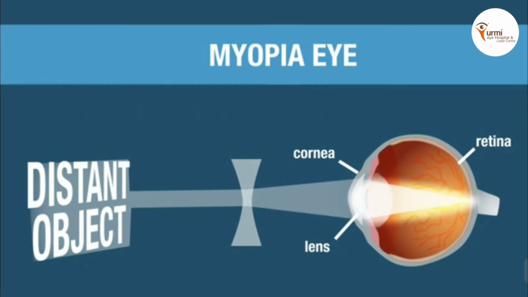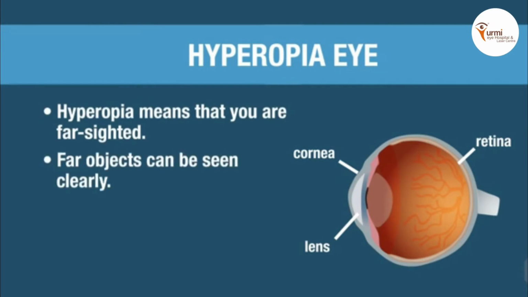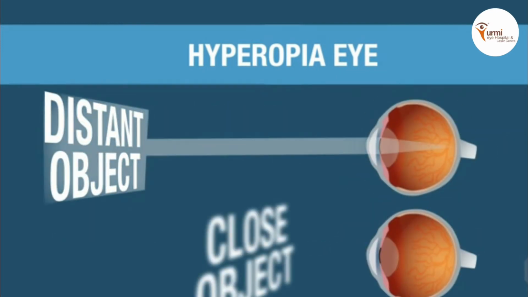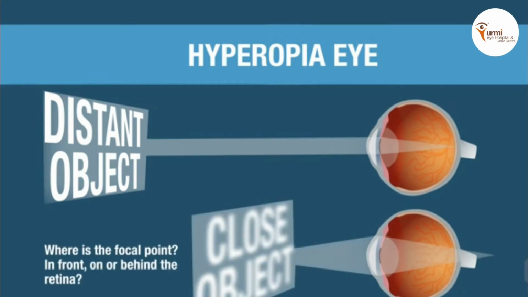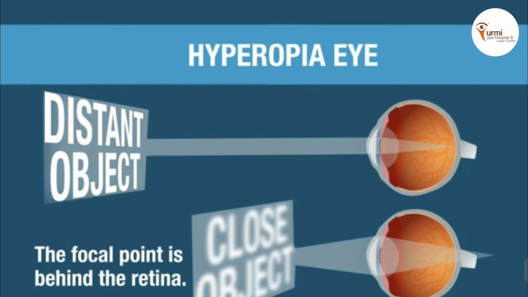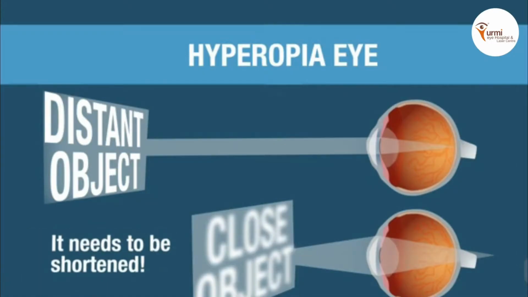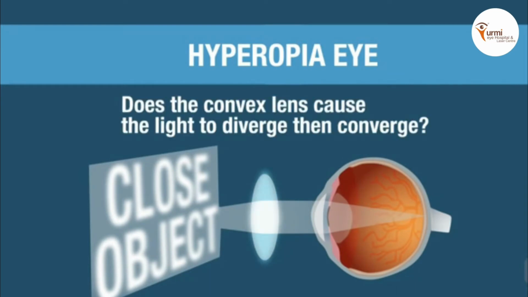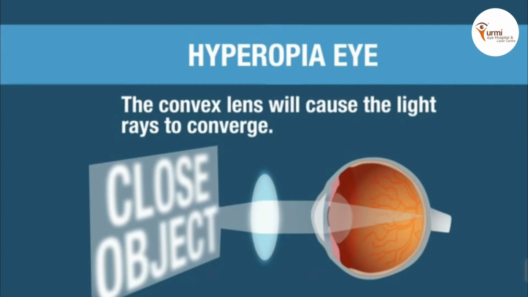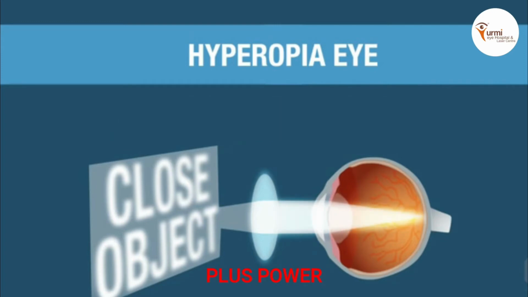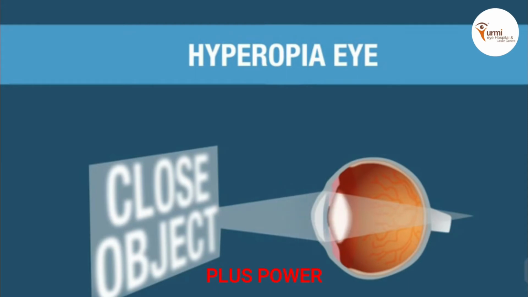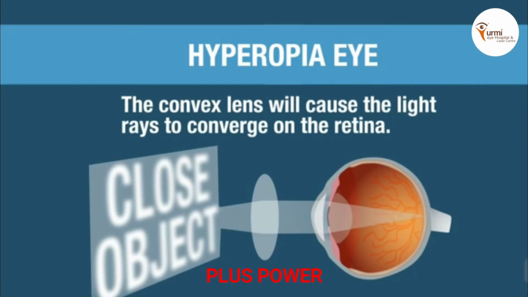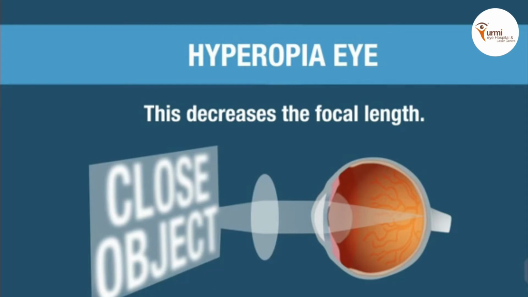Well, in case of hypermetropia, it is farsightedness. The far object is clear, but the near object looks blurry. The focal point is behind the retina. The parallel rays are focused behind the retina, so the close object looks blurry. We can treat hypermetropia with convex or plus power glasses. So the rays become more convergent, and the rays which were going behind can be focused on the retina by putting plus power or convex glasses in front of the eye, in the form of contact lenses or glasses.